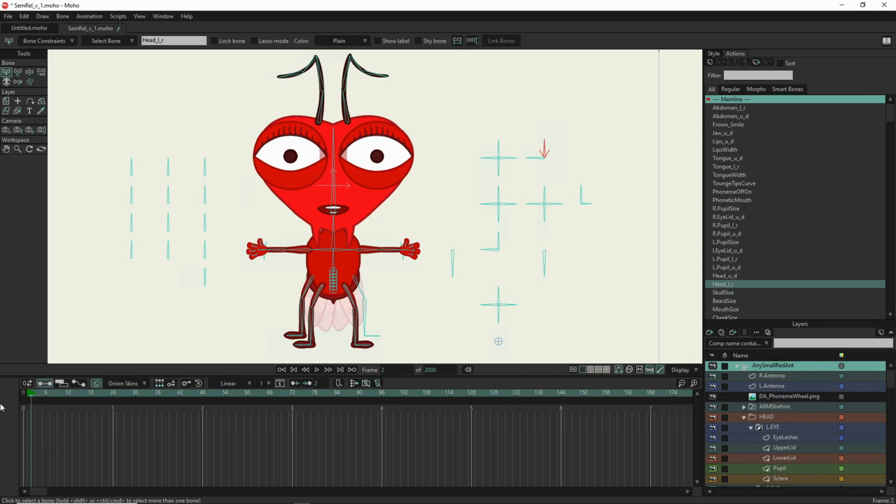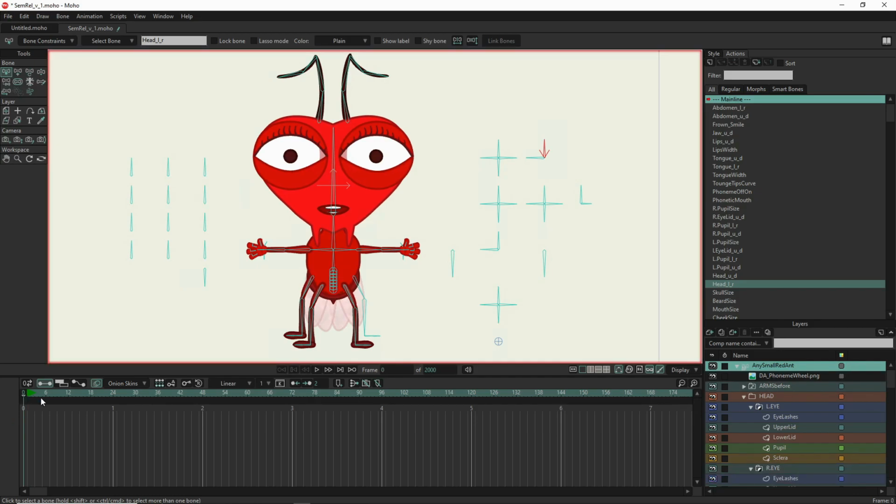So here we go. So we're going to start with our character here. This was Any Red Ant, any small red ant, and I started this process once before and I forgot to hit the screen to let you see what I was actually working on, and I didn't catch it, so I was talking and doing stuff, but none of it was showing on the screen. So I had to go back and start over. So I've now